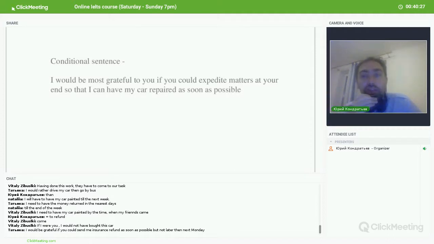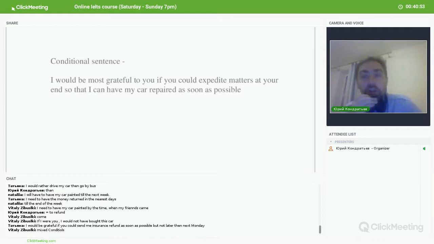You're writing very abstract sentences that are not connected to our story. Maybe because you didn't listen from the beginning. Now, maybe that's the reason. I would not have bought this car. That's a wonderful example of a mixed conditional, because the beginning is second conditional, the end is third conditional. But according to the story of the letter that we're writing now, you bought the car yourself, and not the person.